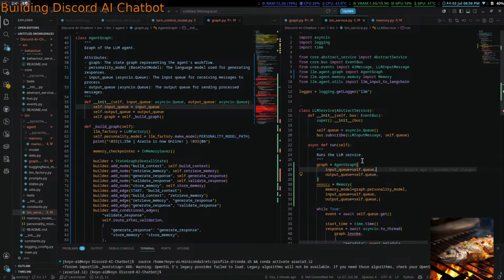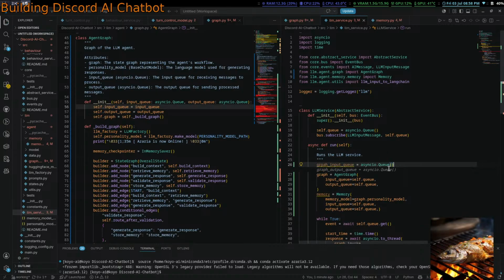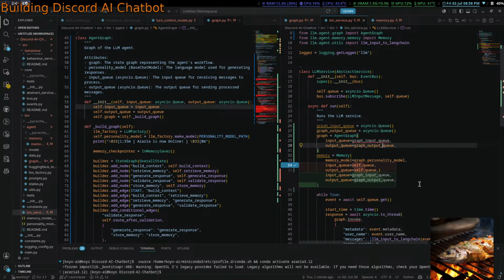Wait, this is... whoa. Graph input q, which equals asyncio.q. Graph output q equals input q for the graph equals graph input q, graph output q, graph.